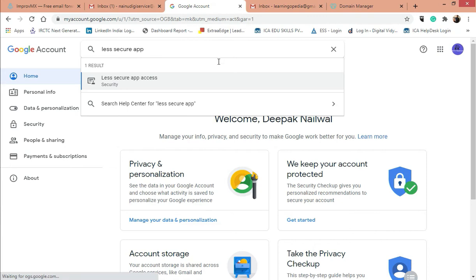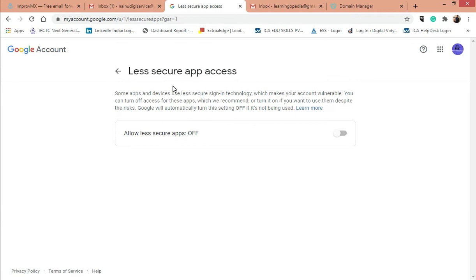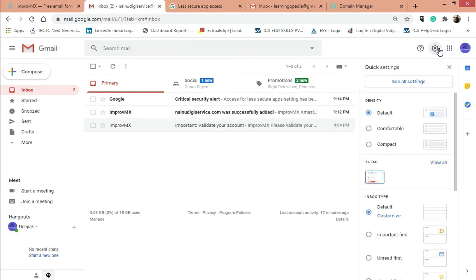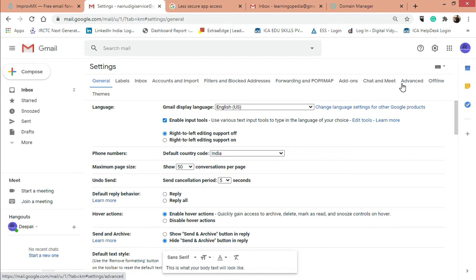Here you get the option, just click and allow. Again go to your Gmail account. This time we will go to our settings. Click here, click on all settings. Go to accounts and import.